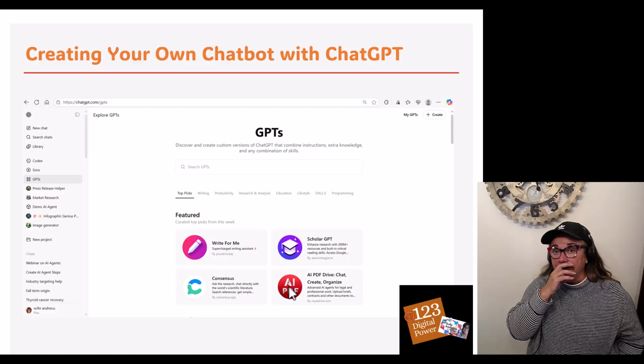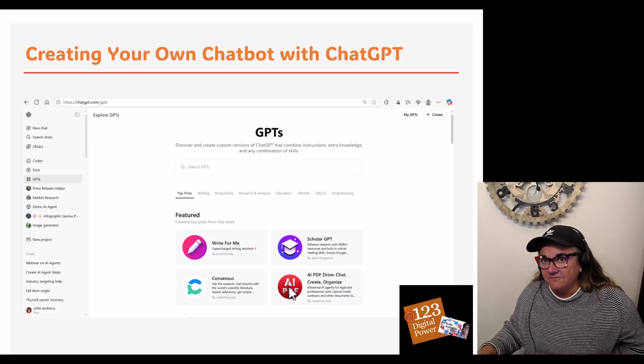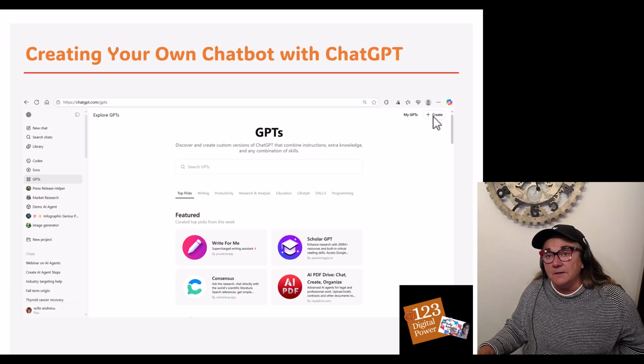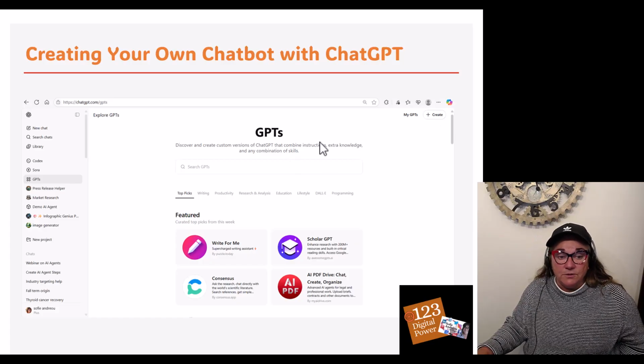And of course, they're feeding it with local attractions, with local websites. So it's very cool. So now to create your own, you click on this top right corner, create, and that's going to create your own ChatGPT chatbot. And once you have created your own, you're going to find right here